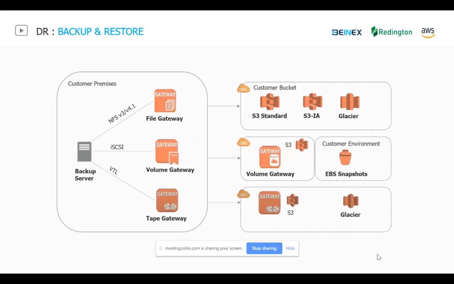Immediately, AWS will save this backup file onto AWS S3. S3 is an unlimited petabyte of storage. Locally, whatever files you save, automatically it will be going to AWS through the AWS backbone network. So that's the purpose of the file gateway.